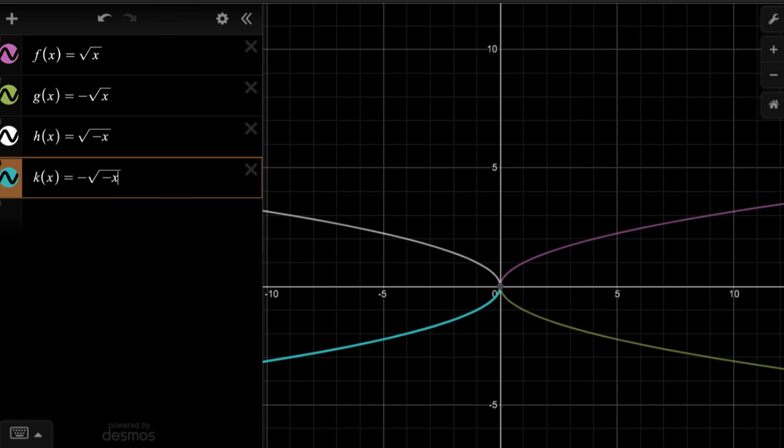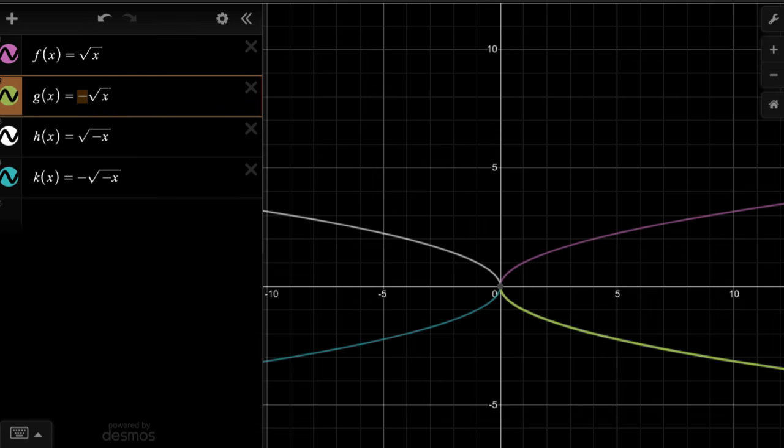Now, why does this happen? Well, let's just start with the g of x. When you put the negative out in front, when you negate everything in the expression that defines the function, whatever value you would have gotten of the function before, you're now going to get the opposite of it. So when x is 0, we got 0. When x is 1, instead of 1 now, you're taking the negative of it, so you're going to get negative 1. When x is 4, instead of getting positive 2, you're now going to get negative 2. When x is equal to 9, instead of getting positive 3, you now get negative 3. So hopefully that makes sense why putting a negative out front of an entire expression is going to flip